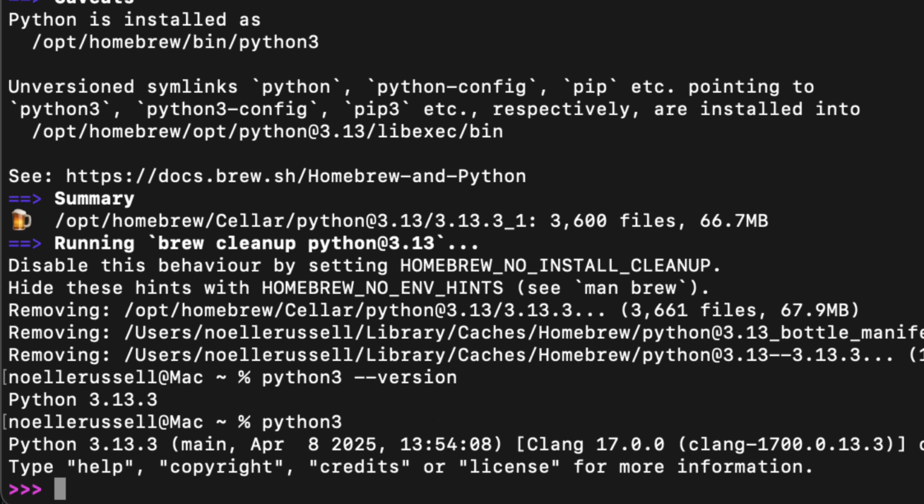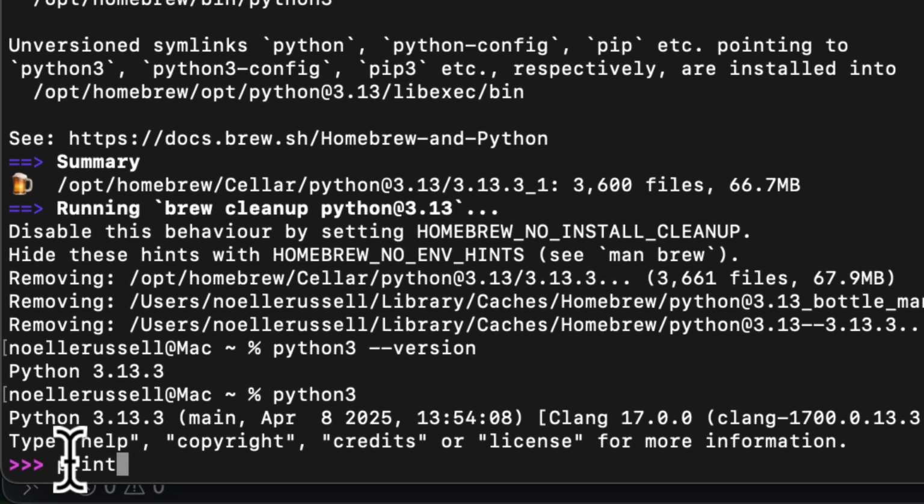Now for the final test, we can run a very simple script, which is also in your notes. And it's pretty easy. We're just going to print hello world, a typical test that we run as a developer. So we're just going to type in print, which will print something back to the screen. We're going to put in a parenthesis, which is going to provide the parameter for what we want printed. We're going to put what we want printed in quotes. So you could say, hello world,